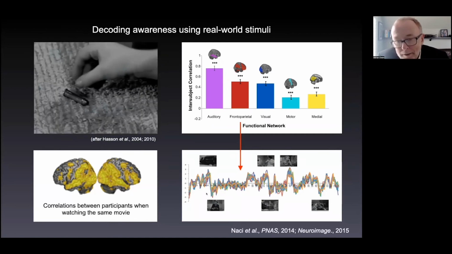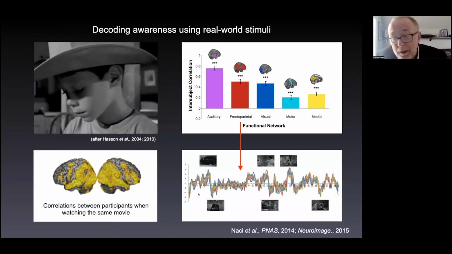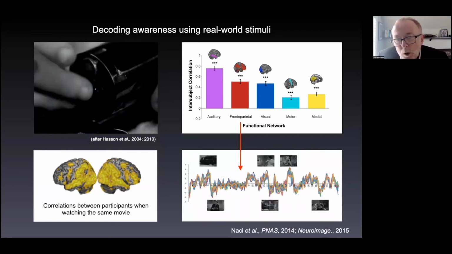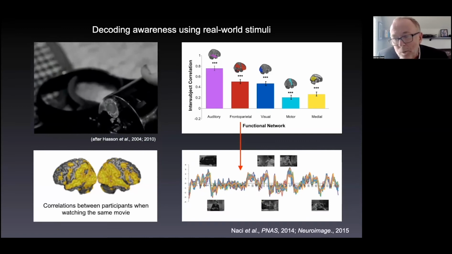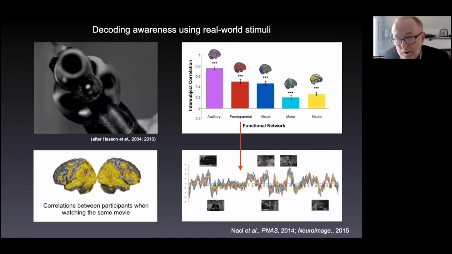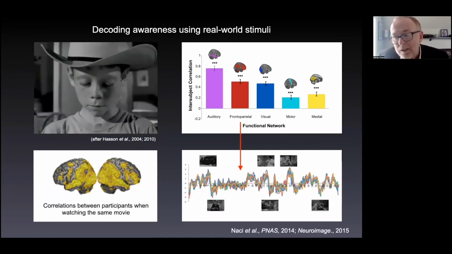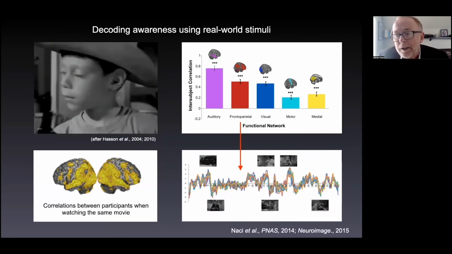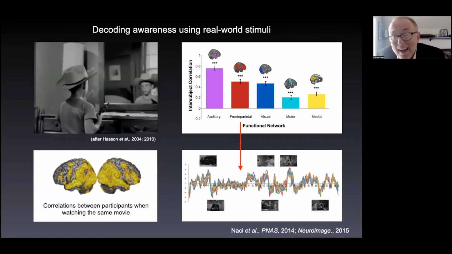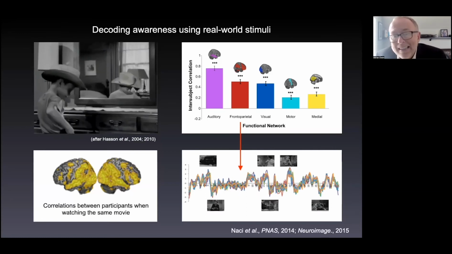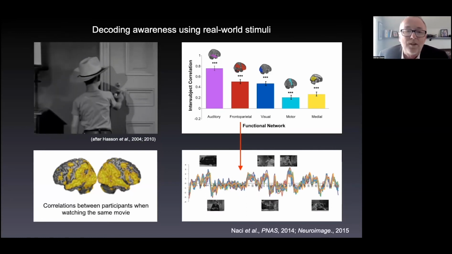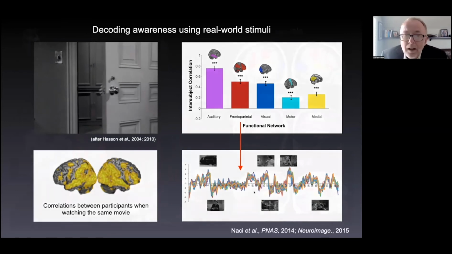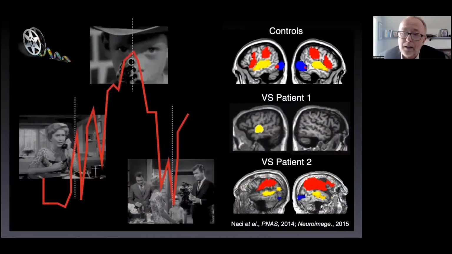And again, I don't have time to go into the methods in detail here, but what you're looking at with all these lines in the bottom right are different participants, and it's showing you that activity in this network of the brain is very highly correlated across individuals, and that correlation is linked to specific twists and turns in the movie. And to cut a long story short, a few years ago, we started seeing patients. And what Lorena did, in the first paper that came out in PNAS in 2014, was she compared two patients who were clinically quite similar,